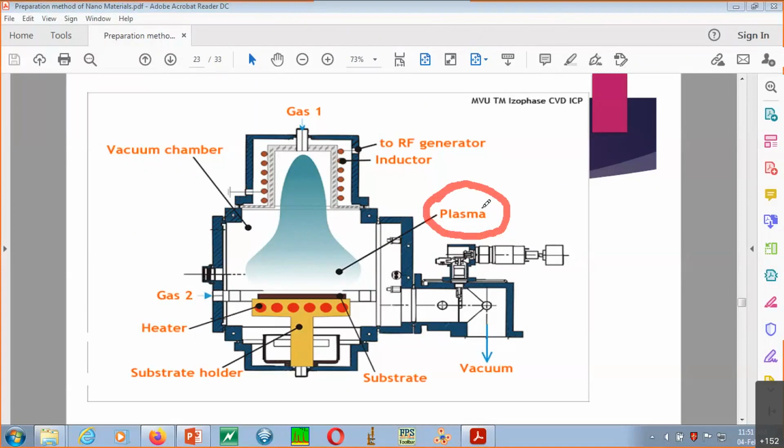Okay, forget about this plasma because I think this plasma word is getting confused over here. Because of that you are not able to understand. Okay, but in general I referred कि ये जो plasma जब भी आपको दिखता है, usually we are referring to the quantity जो charge cloud आपका generate होता है, that we are referring as a plasma. Okay, तो यहाँ पे I suggest instead of plasma you simply use a mixture of these gases which are going to react with this heater. So now that will be okay. That will be more precise. Okay, क्योंकि ये प्लाज्मा से हो सकता है आपको कंफ्यूजन हो रहा है, that's why.